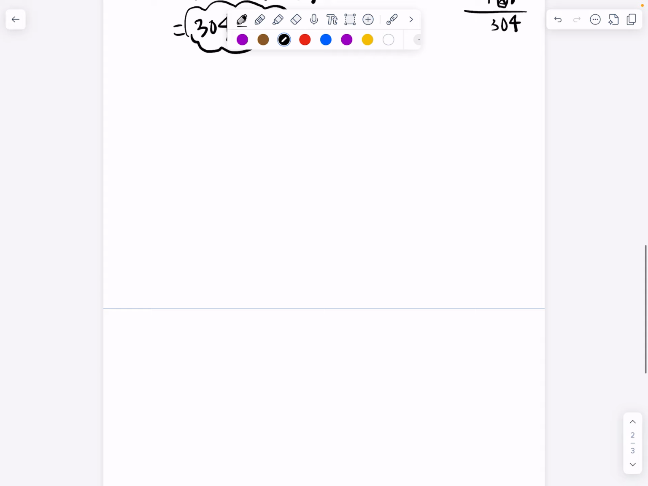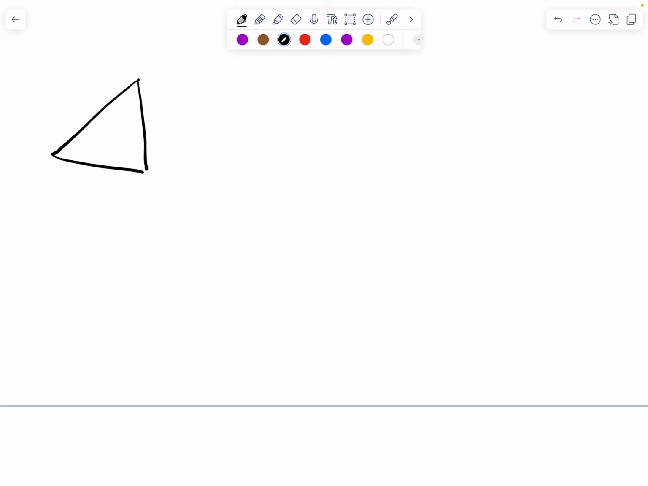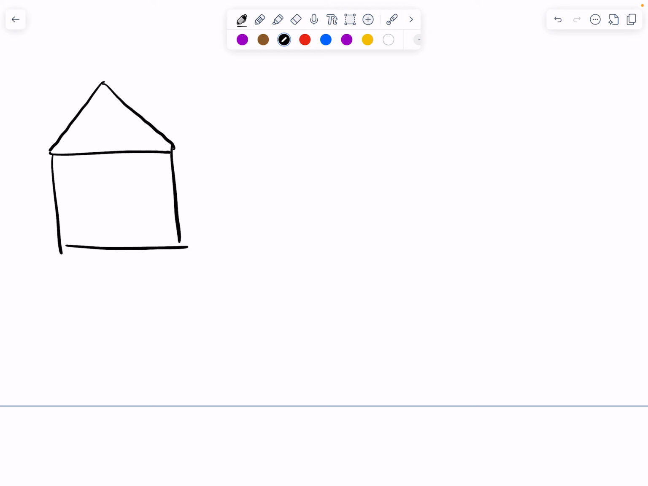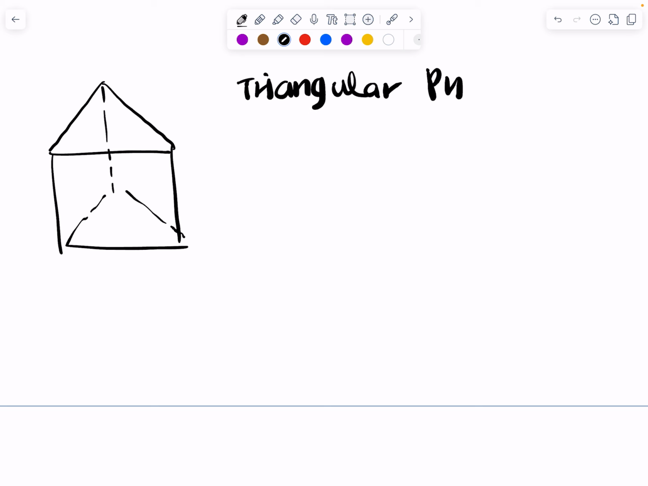You guys want to do one triangular prism with me? Okay, so triangular prism. Let me do my best drawing. Actually, let me make it easy for myself. How about this? Okay, visualizing my solid. All right, triangular prism. Why is it called a triangular prism? Because if you look at the base of the prism, the base shape is a triangle, right? So if you were to draw the net,